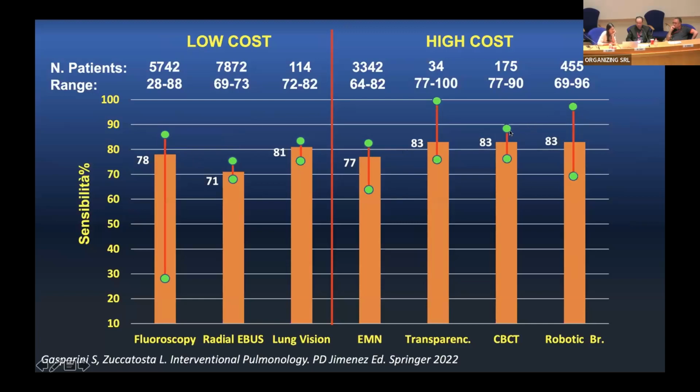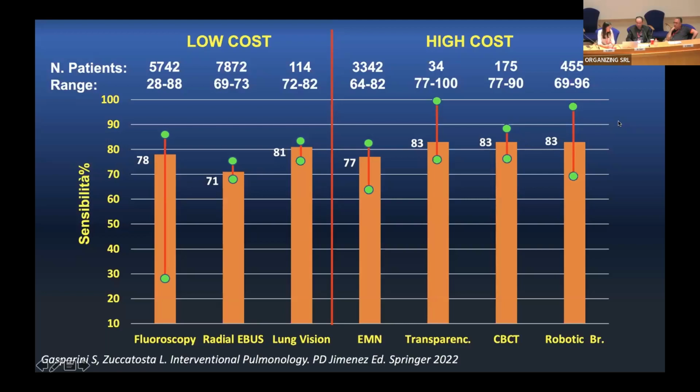And with Cone Beam CT also, we can arrive at more than 80% sensitivity. These in white are the mean values. But there is no such huge difference between low cost, like lung vision sensitivity, and robotic bronchoscopy or Cone Beam CT